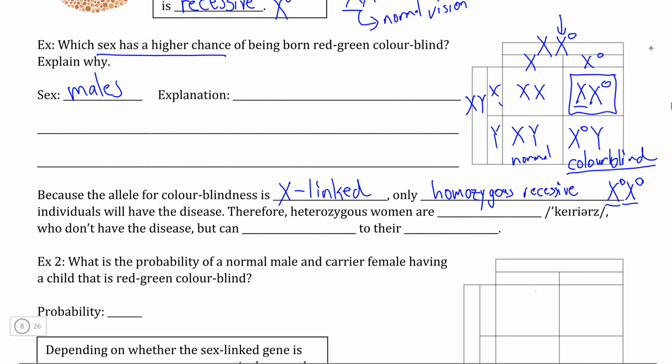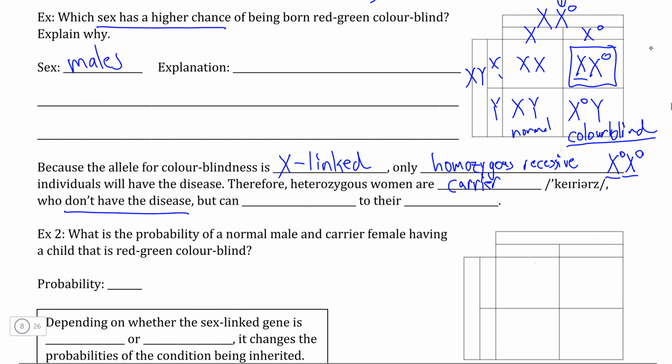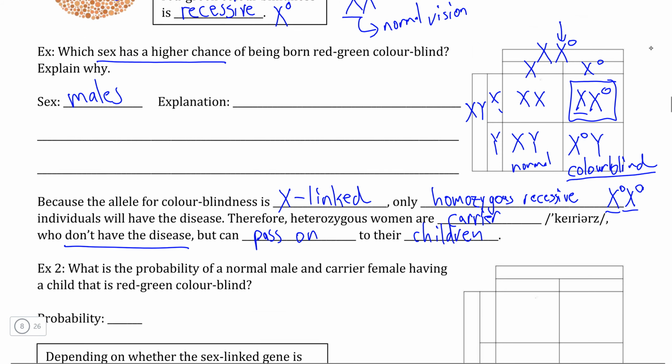This daughter here from this particular parentage is what we call a carrier female, because even though this female does not have the red-green color blindness condition because they have a normal X chromosome, what they can still do is pass on this condition to their children,